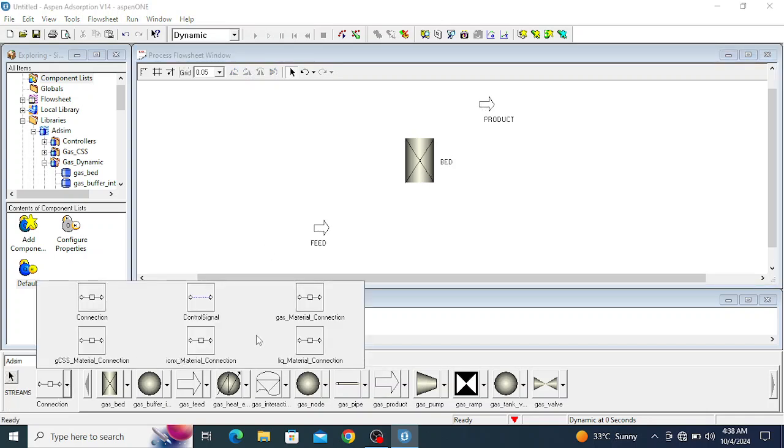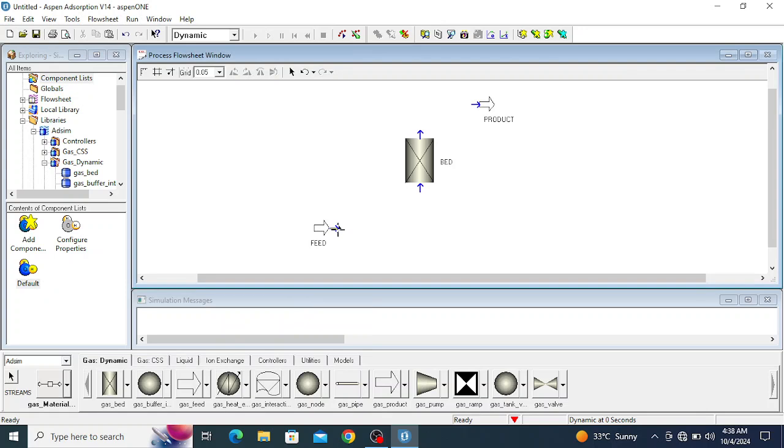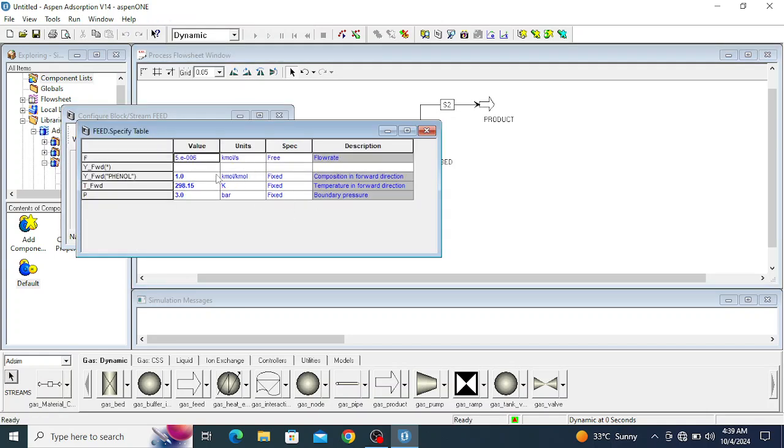So go to the connection, click on gas material connection. This is a gas material connection stream. Connect feed, connect product. Now double click on feed and add feed information. Click on specify. So the molar flow rate of the feed is this one, and this is the composition of